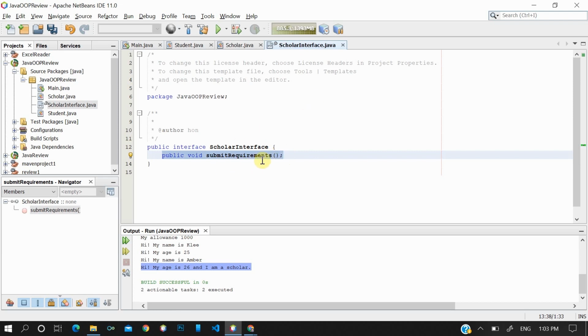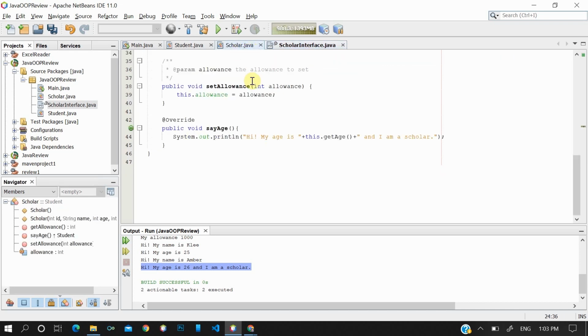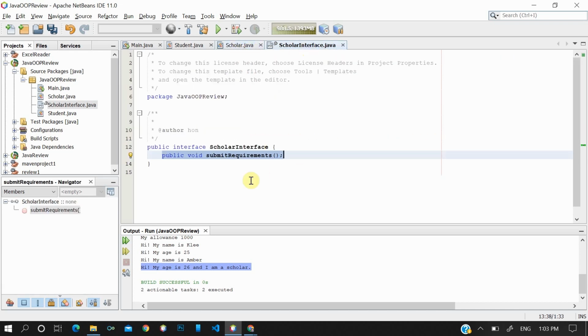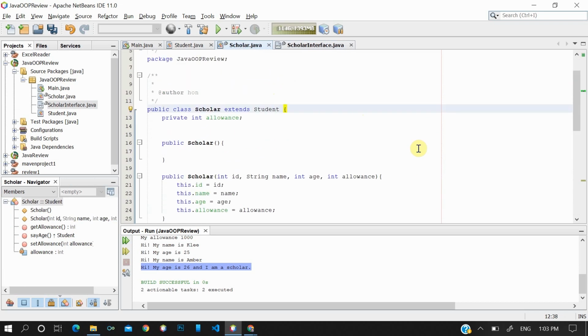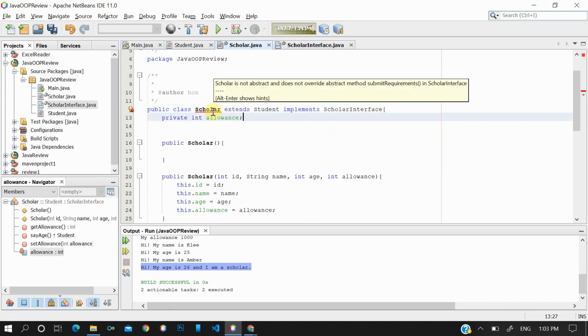For that method to have a function or code inside, you need to implement this interface where you're going to use it. In our case, we're going to use it in the Scholar class. This is also a form of polymorphism because again, we're going to override what submit requirements does. For example, use the keyword implements, then we implement the Scholar interface. Now Java is returning an error because